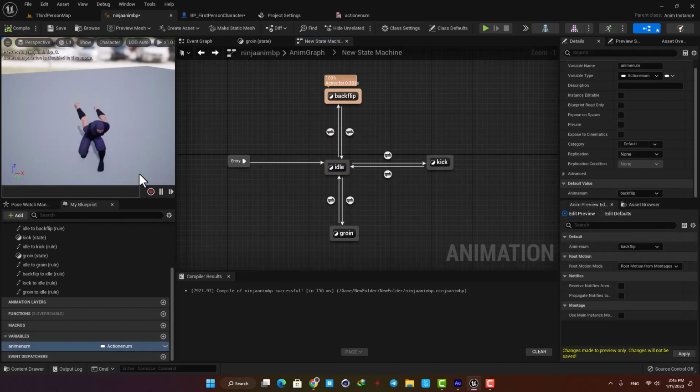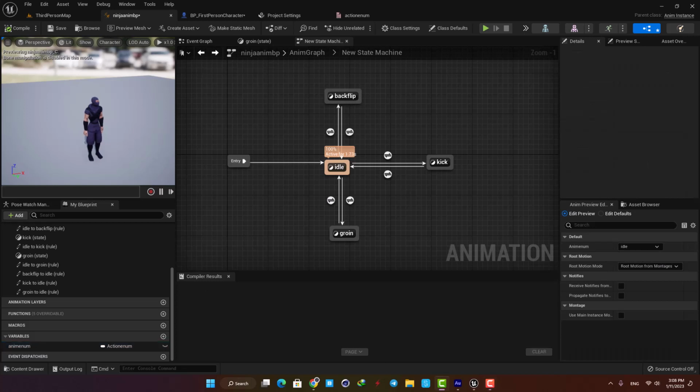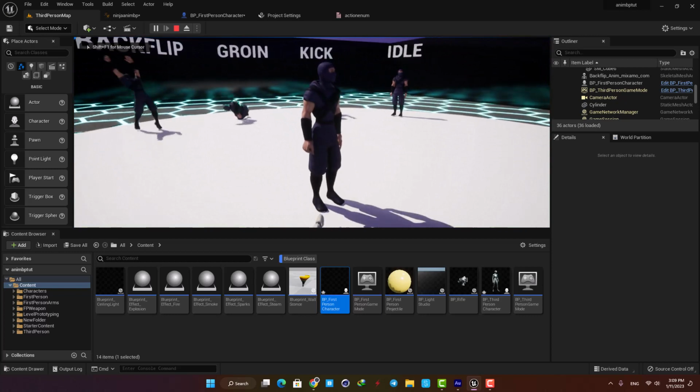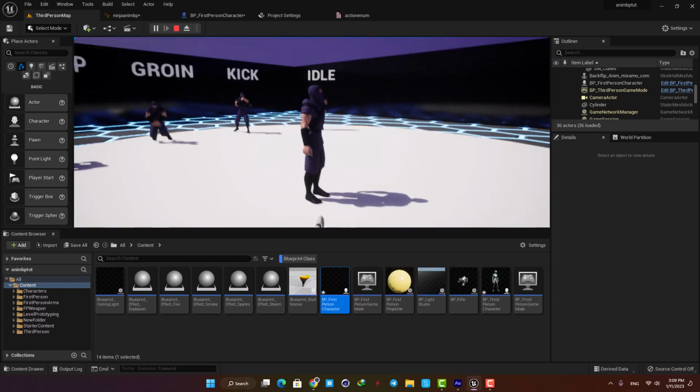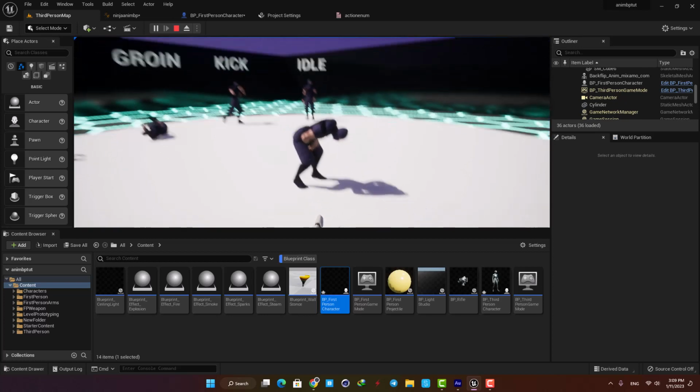Here in the preview editor, we can switch between different states and see the animation here. Make sure it's on idle as default, so it starts from idle and behaves based on the logic we created. Okay, now let's compile everything and play the level. As we can see, when I press 2, it goes to the backflip state, and after 2 seconds, it goes back to the idle state. When I press 3, I have the kick, and when I press 4, I have the kick to the groin